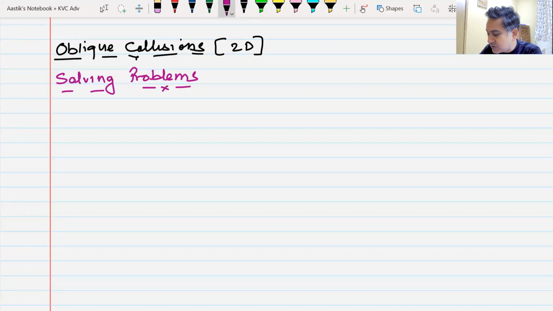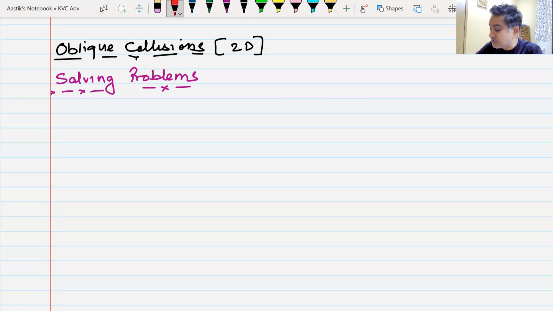Now most of the questions which are going to come in your 2D or oblique collision would normally be perfectly elastic collision, because if they are not, then the problem becomes a bit more illustrative, and you don't have the time to solve it in the examination also. We'll just try to write some points that we can use. These points can come as questions in your exam, they might ask you some theoretical question based on these points. So just remember.